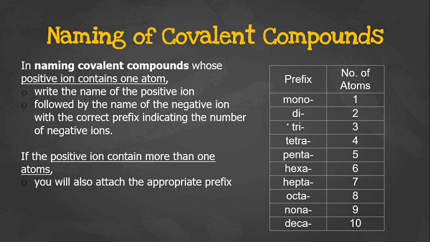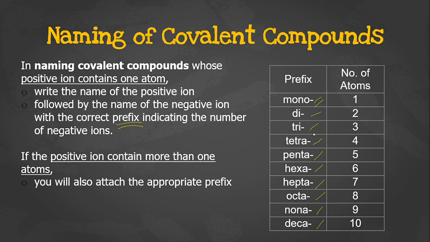Okay? So, ito yung mga prefixes na gagamitin natin. Kung isa lang yung atom, we use mono as prefix. Pag dalawa, di. Pag tatlo, tri. Apat, tetra. 5, penta. 6, hexa. 7, hepta. 8, octa. 9, nona. And 10, deca. Okay? So, ito yung kakabit natin dun sa negative atom o yung nasa right side ng formula